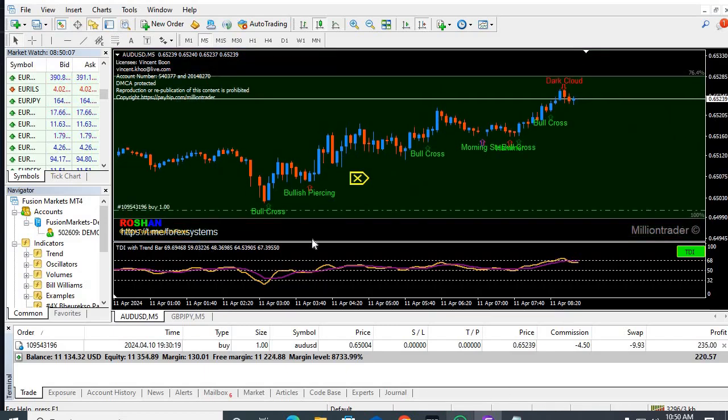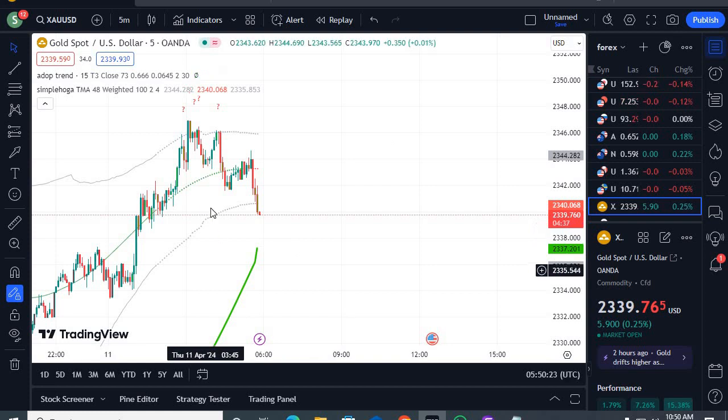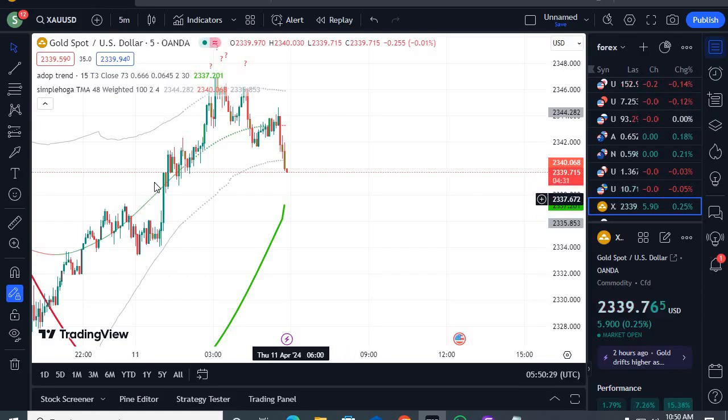We are talking about the TradingView scripts. Now we did not get the buy signal. Hopefully we'll get the buy signal soon, maybe after 5 to 10 minutes, but we need to wait for it. When we get the buy signal, we need to go for the buy trade, because like this one, the top trend line is crossing the lower band line, and when you get the buy signal, you need to go for the buy trade.